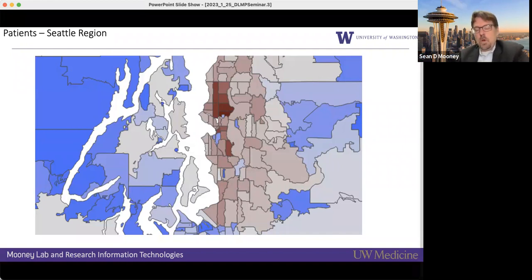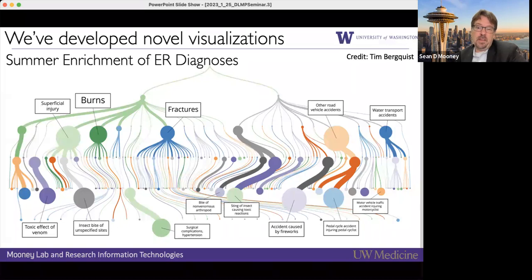And one of the obvious questions you might want to ask is, if we have this great data set, how well can it tell us about population health, and how applicable is it to, say, the region of Seattle or to individual zip codes that are being shown here? We've done lots of fun things. I'm not going to talk in too much detail, I'm just going to give you a really super high level of some of the analysis that we did. So we took all of the diagnoses from our emergency rooms,